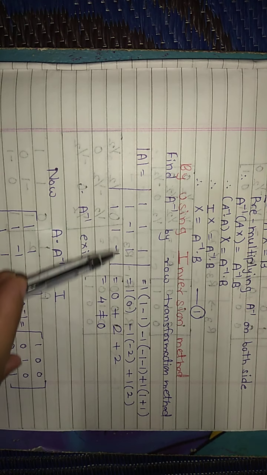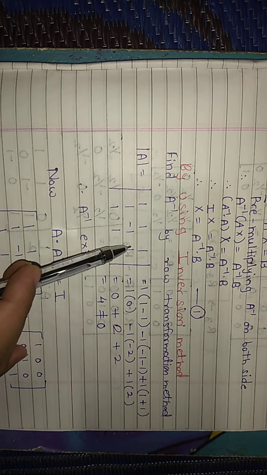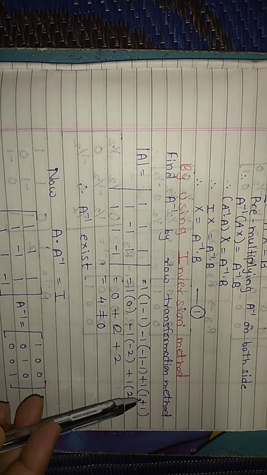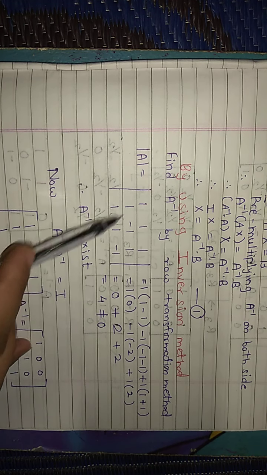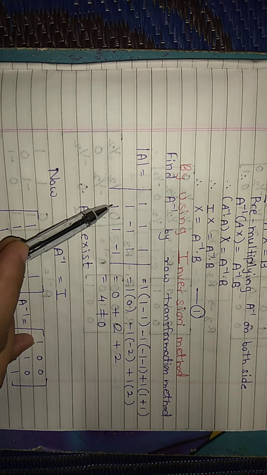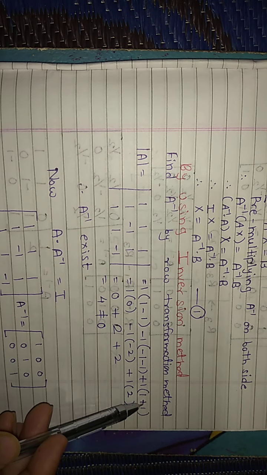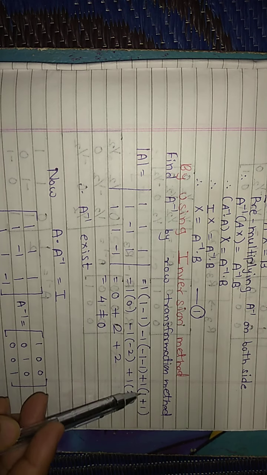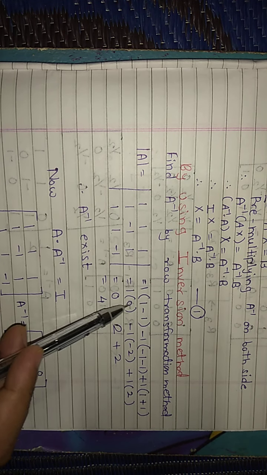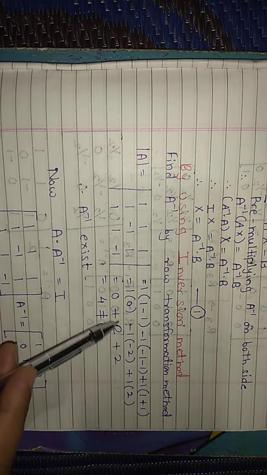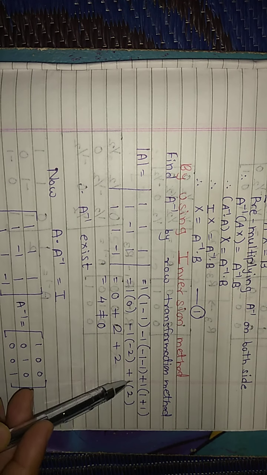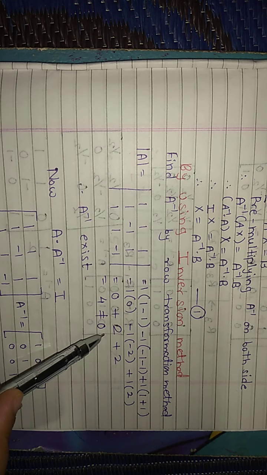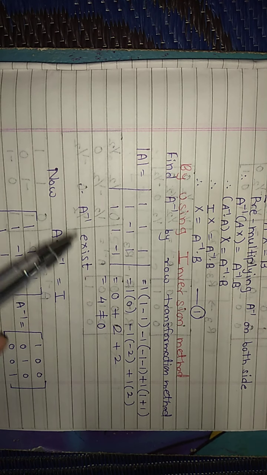Minus 1 into 1 into minus 1, minus 1 and 1 into 1, minus 1 plus 1, 1 into minus 1, 1 into 1. Minus sign 1 into minus 1, minus minus become plus. So this is 0 minus 2, 2 0 into 1, 0 minus become plus 2. Ones are 2, 1 into 2 is 2, 2 plus 2 is 4. 4 is not equal to 0, so therefore A inverse exists.